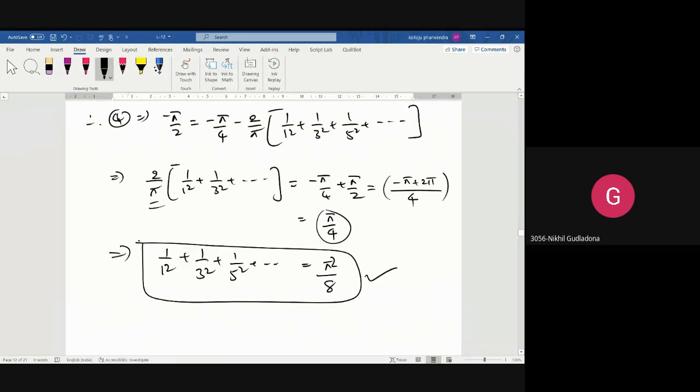Sir, in yesterday's question I have a doubt, sir. Assignment. You ask afterwards, in the afternoon session. Okay, sir. Yesterday's question, which one? Third one, sir. What is the problem? Sir, you gave 1 by 1 square plus 1 by 2 square, sir. I got in the form of 1 by